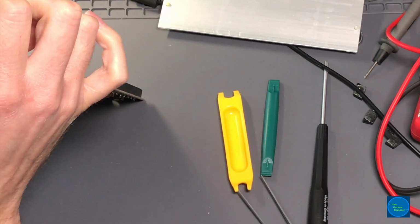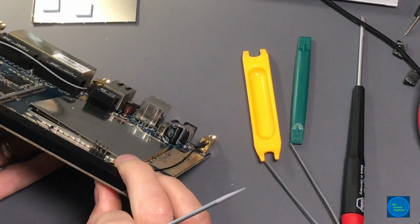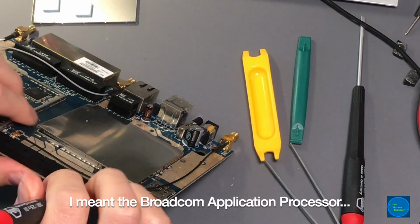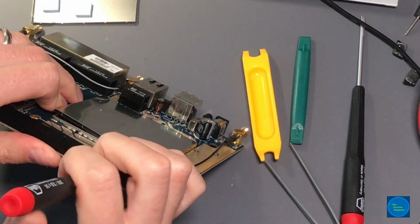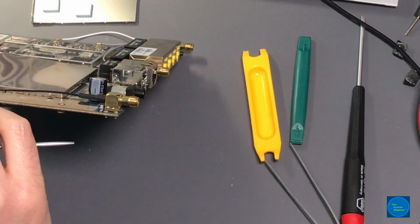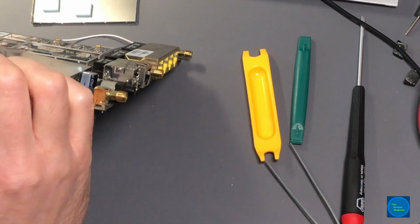As he breaks the printed circuit board. A little more confidence with this one because I got the other one off pretty easily. Now this one has the Broadcom chip, I believe, underneath it. And it's funny, I was going to take this off, and I originally was thinking about,